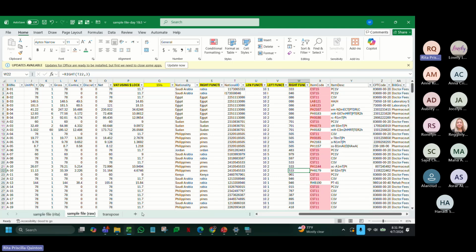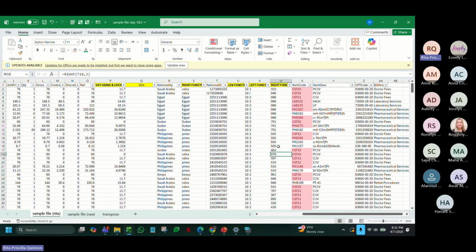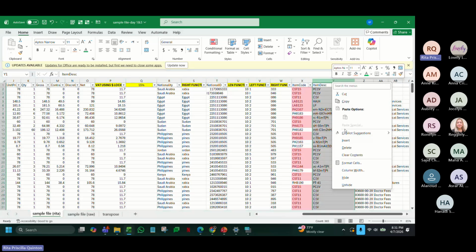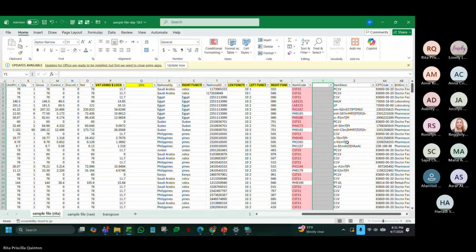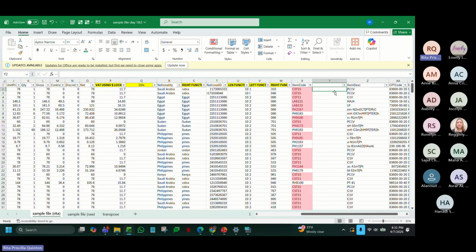So when we download reports, it's better you keep one raw file and then keep another one for yourself so that you don't remove anything from the raw file. Okay. If I only want to remove the second, third, fourth duplicates, then I need another column which will be my helper. Helper columns or helper cells are like a guide or reference only for you, which you will not keep after doing the formula that you need.